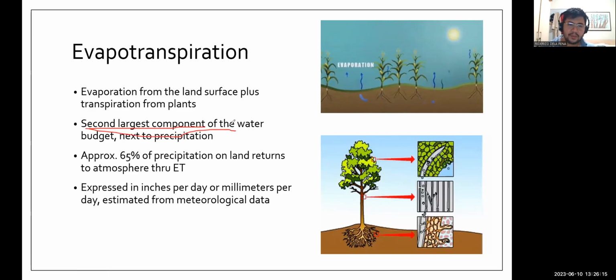It is easily the second largest component of the water budget next to precipitation. That also means that, as you know, precipitation is your only source of water. Okay? It's the only way water can get into your watershed. The rest of the components in your hydrologic budget are mostly about consuming water. Okay? Probably except for groundwater storage. No? When you're getting negative groundwater storage, you're actually putting water into the surface. But anyway,